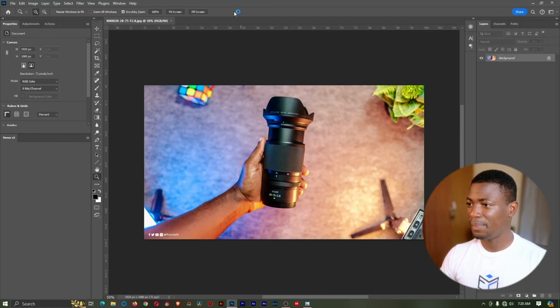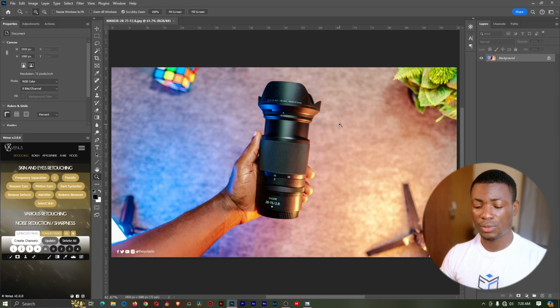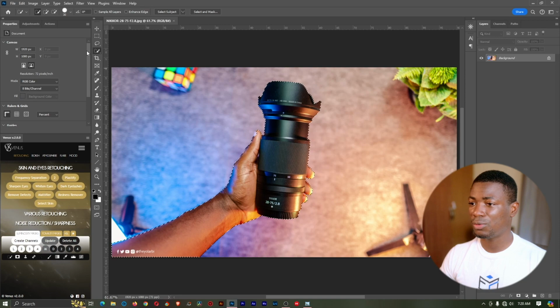And just like that, let me fit this to screen. So the first thing I do is I create a selection around my subject. So W on your keyboard, you can go with the quick selection to object selection, any of them, then just click on select subject. Now if you are using an older version of Photoshop, you have to do this selection